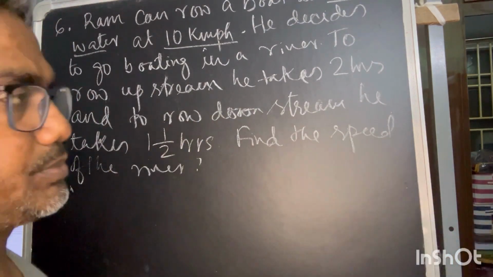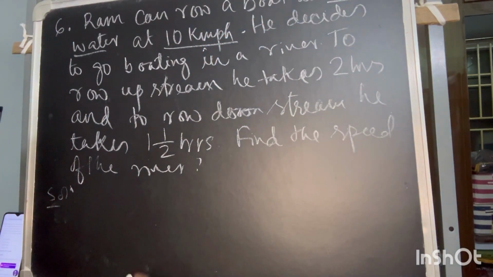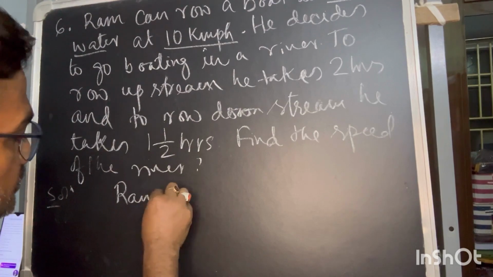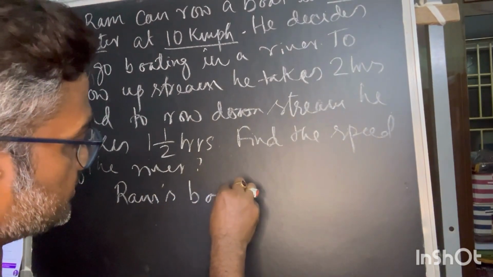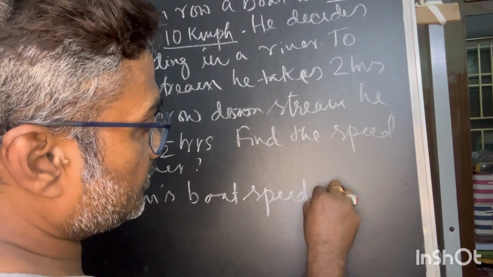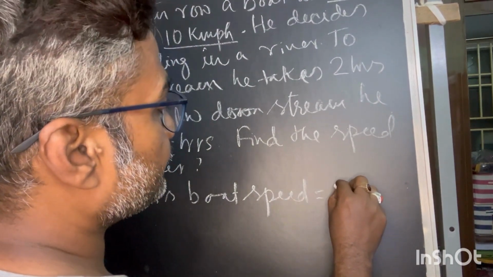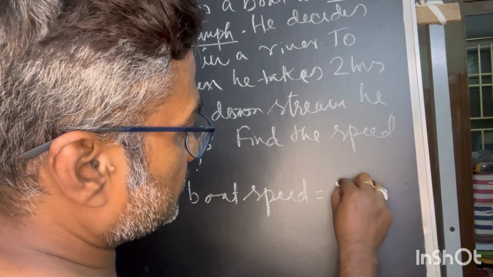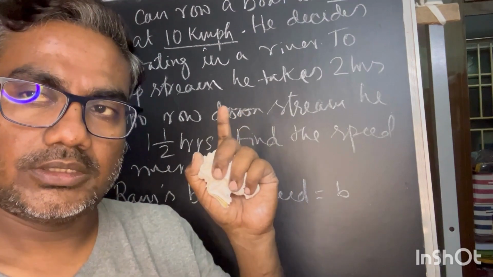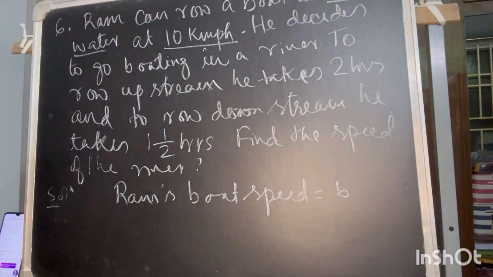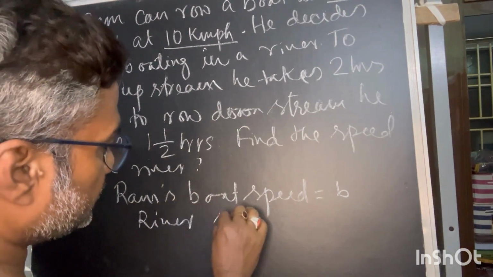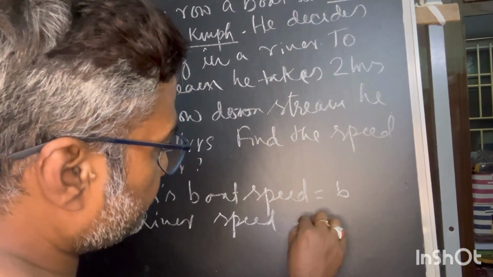He can create a speed of 10 kilometers per hour. So that means this is Ram's boat speed. I can say that this is the pure speed of the boat in still water, B. You can assume this will not be influenced by the river current. And on the side, the river current, or river speed, is taken as